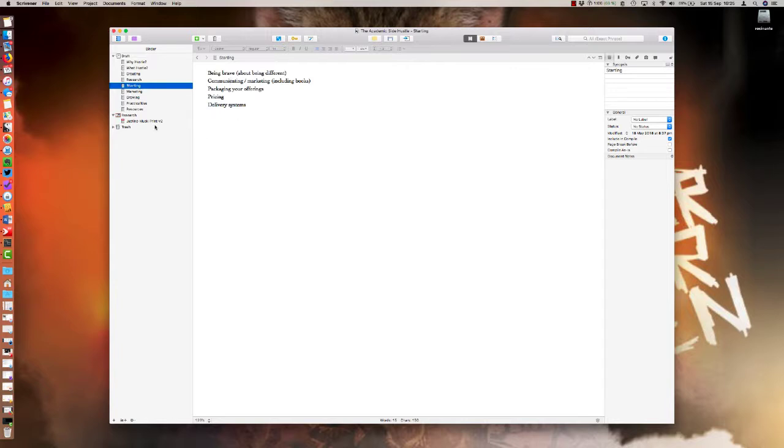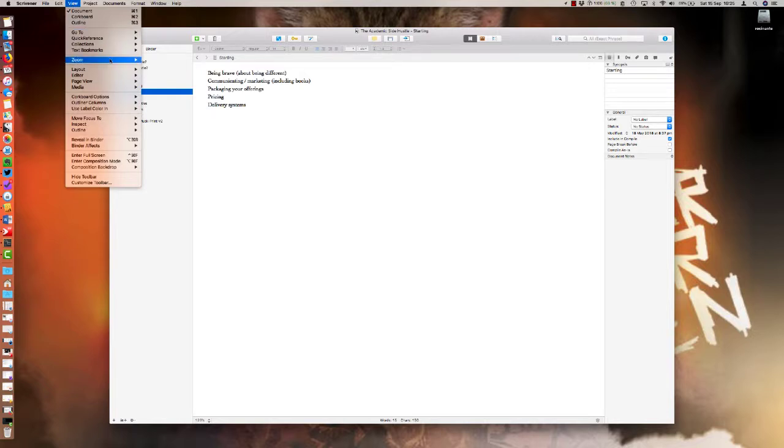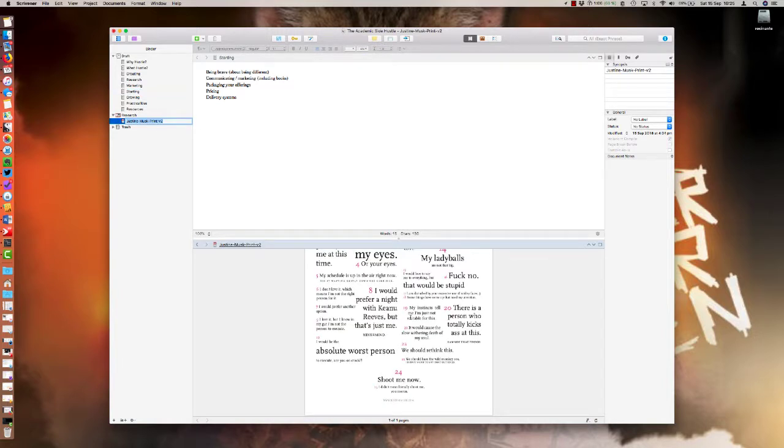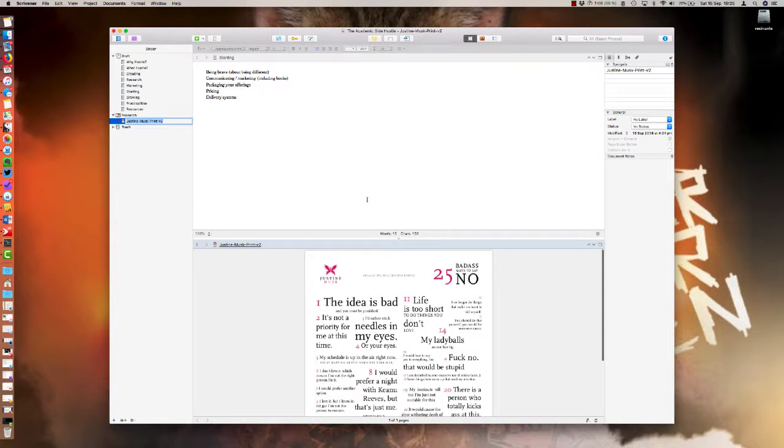So I can then view both what I'm writing here in this bit here, and I can also view the document that I just imported. So let's have a look at how that works. If I go here to view a layout and split horizontally, and then I click into this pane and I double click here, I can see my document and write